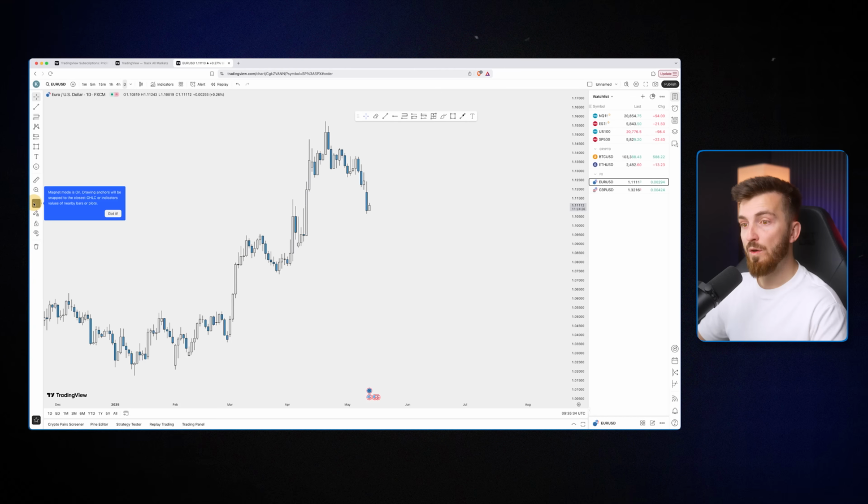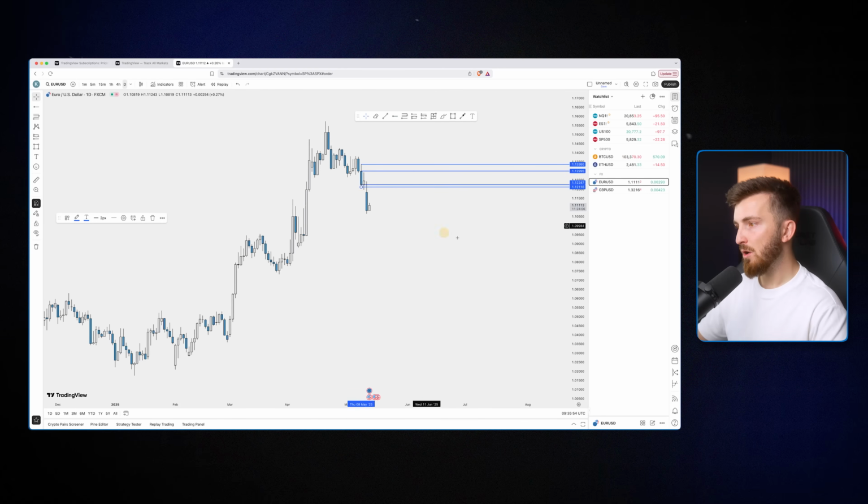Well, there is one thing that is the magnet mode. So the magnet mode, what it is going to do is that it's going to attach to the highs, lows, opens, and close of the candle. So you can see high, open, close, low. Without me doing anything, my cursor can be all the way down here, close to it. We have also the strong magnet. That is going to go directly to, for example, the low right there. Or no matter where you are at, it can go